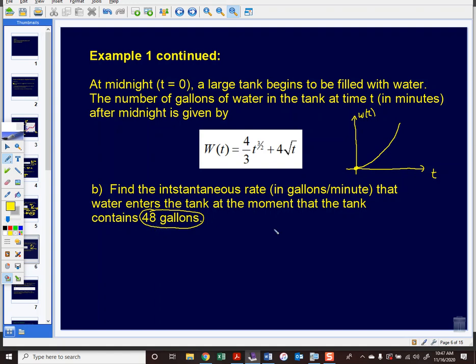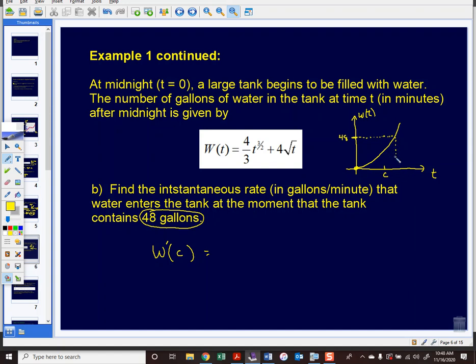Well, I know this is instantaneous. I'm going to have to find a derivative, and there's going to be some number c. My problem is I don't know the c. We were told to use the instant that there were 48 gallons. That's actually a number on the y scale. So that leads me to think I've got to figure out